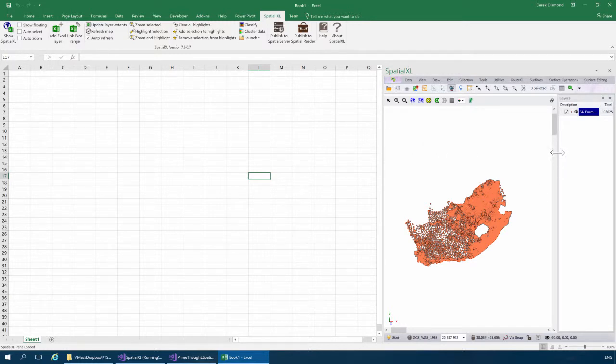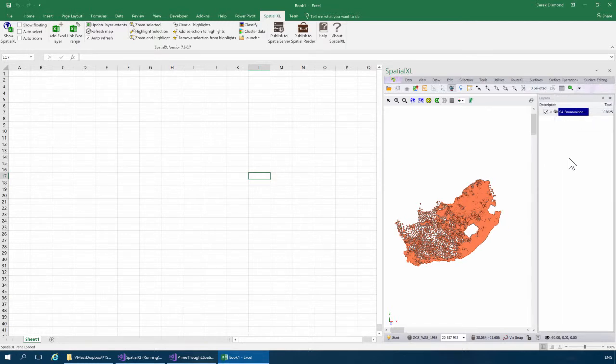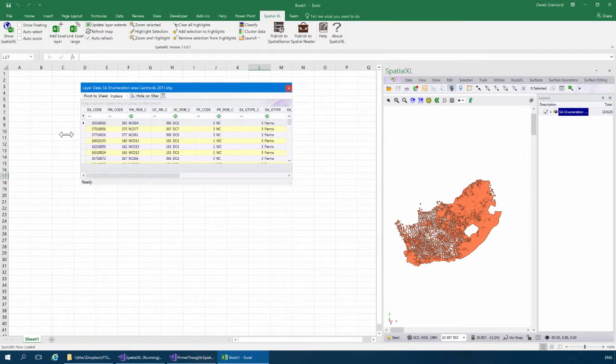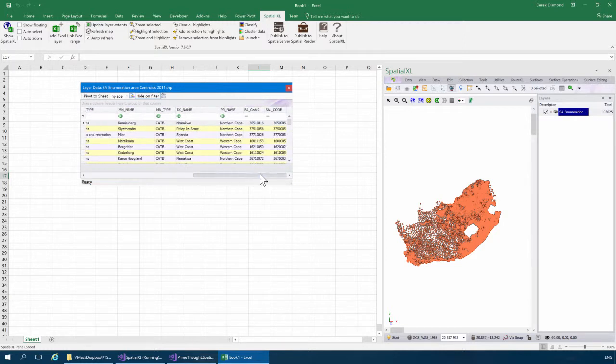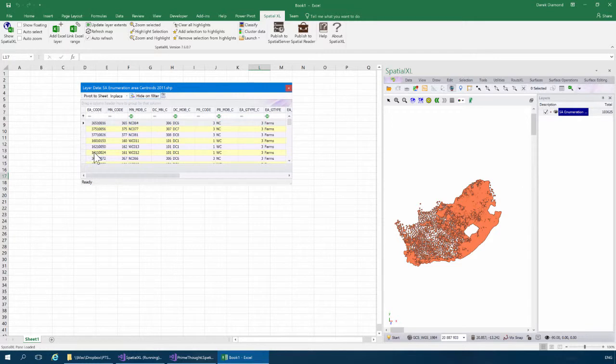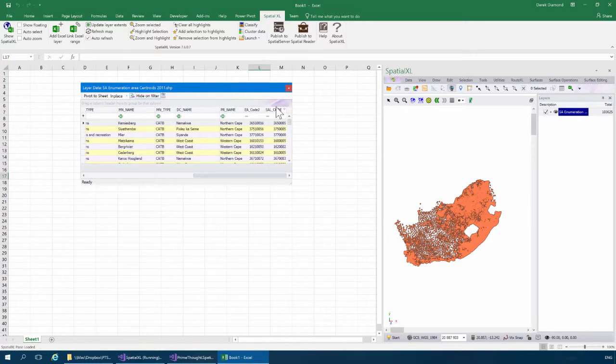I have these enumerated areas in South Africa, enumeration areas, and I've got them as points. But the nice thing about these enumerated areas here, if we look in it, we've got the enumerated area code, but then we also have, as part of this data set, the small area layer code. Now I have another data set where I want to get the small area layer code into it. Okay, so the main point is I've got the enumerated area code here and I've got the small area layer